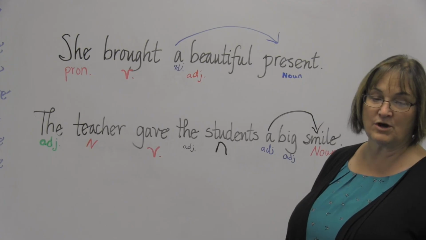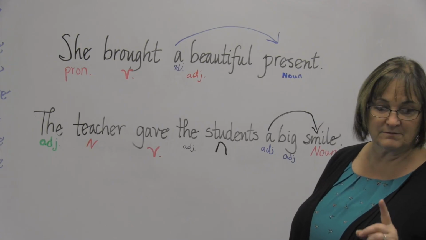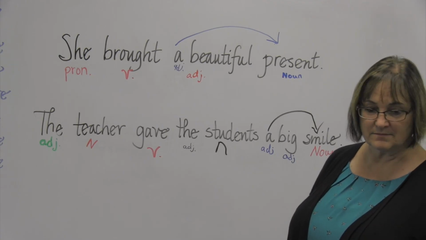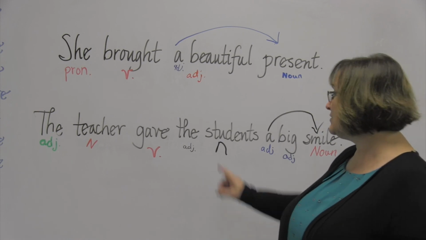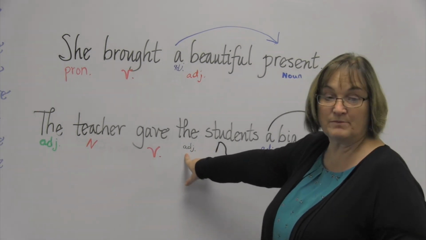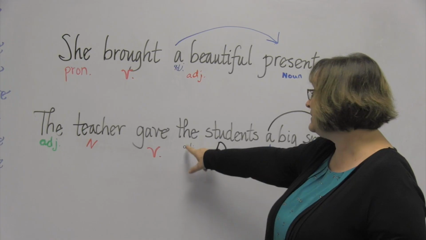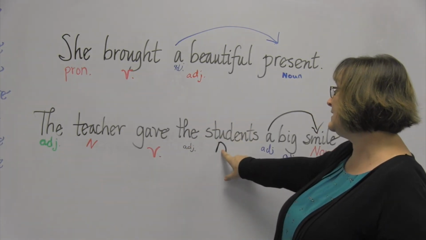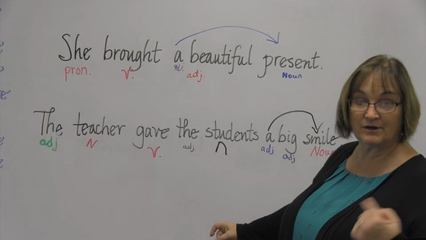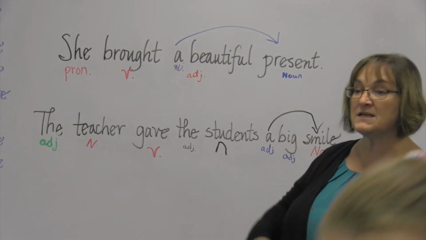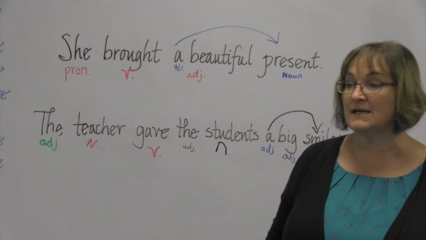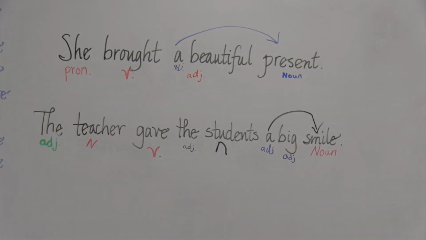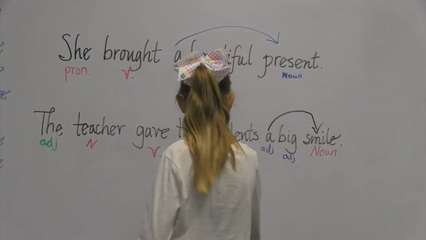Where do you think one belongs? Going from the to student. So you're saying this is a determiner kind of adjective, and it needs an arrow to the noun it is announcing. Excellent. Would you come and do that? And who spots the other one that she pointed out? Danny? About the teacher. Excellent. Come on up and do that.